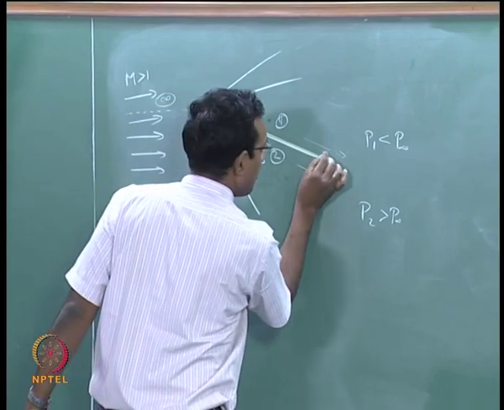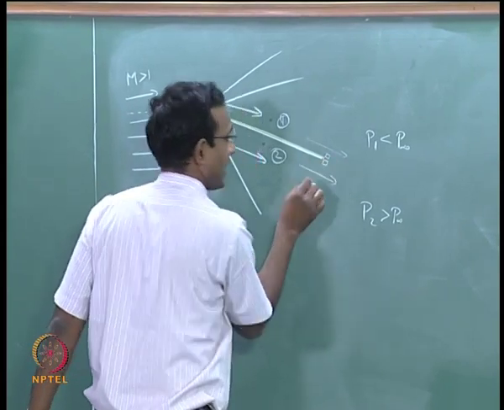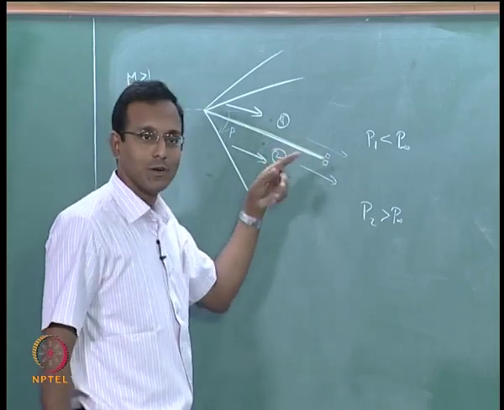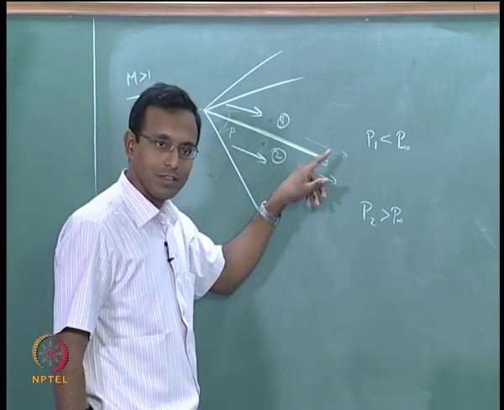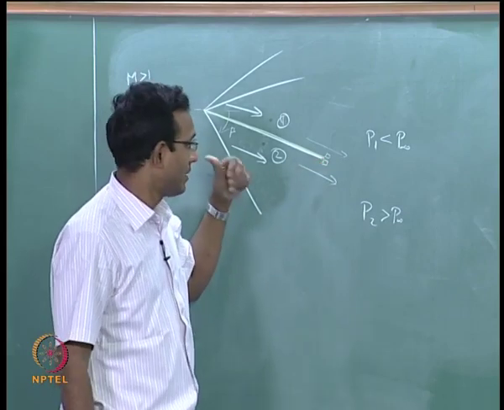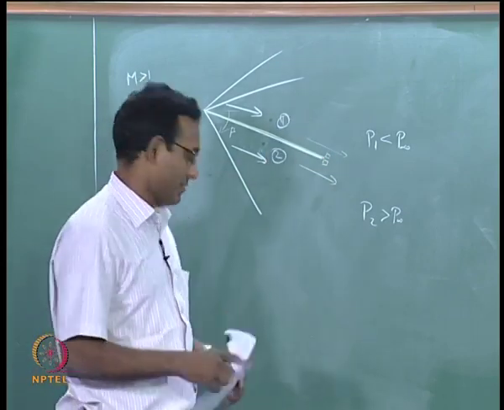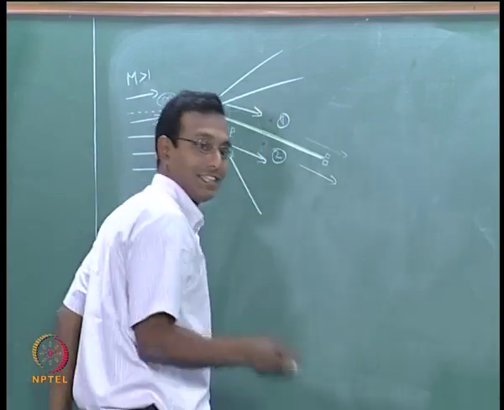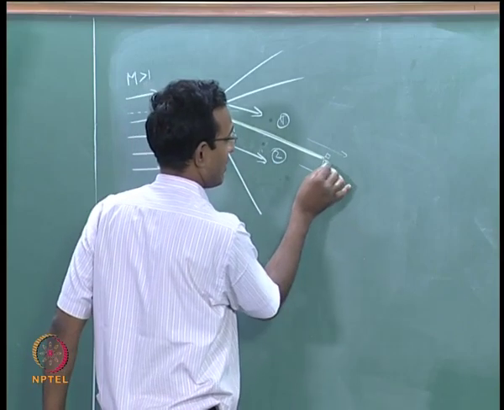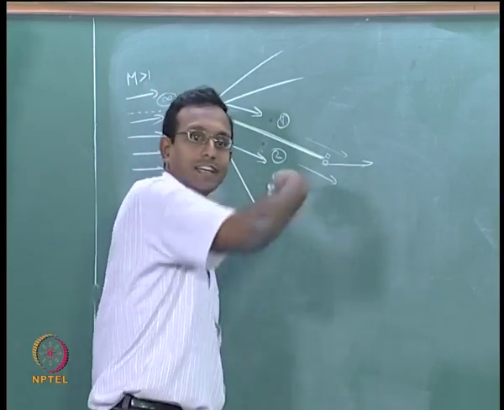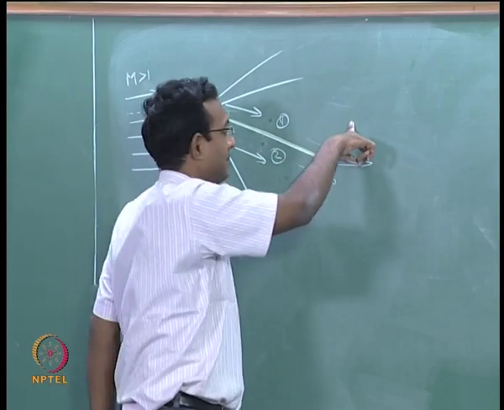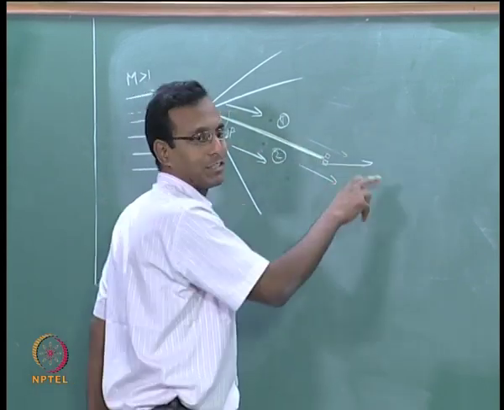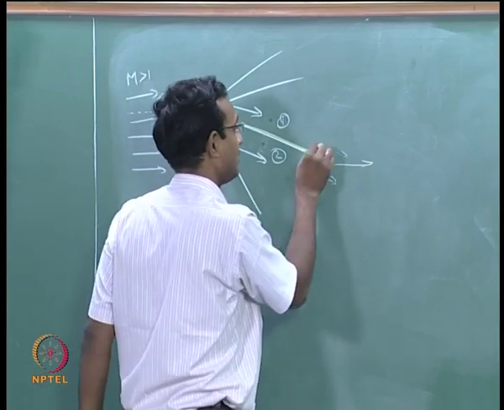When these two packets of streamlines, packets of fluids, come along closest to the wall, when they touch, what they are going to see immediately is there is a pressure jump. What will happen? Flow will want to go from high pressure to low pressure. Now once that is said, I will erase these things. Once that is said, we can also tell that the streamline wants to turn that way because that region is lower pressure. The same reason, I can tell that the streamline wants to go away from high pressure region, for the low pressure streamline, that will also turn.